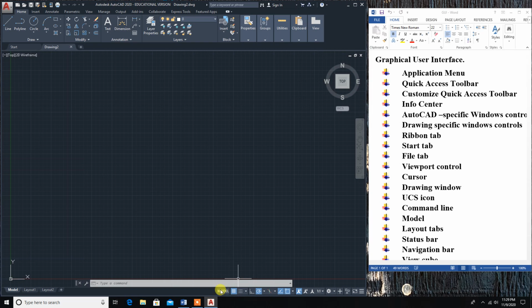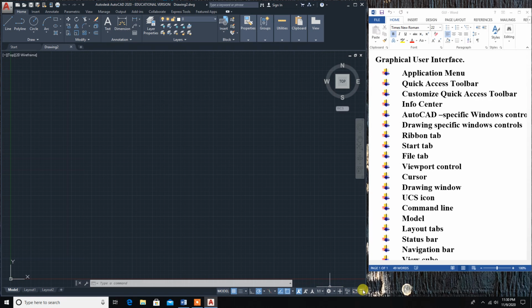Under the status bar, this is the coordinate readout mode. The rest are called status toggles. In later classes we will see what these are and how to use the status toggles.